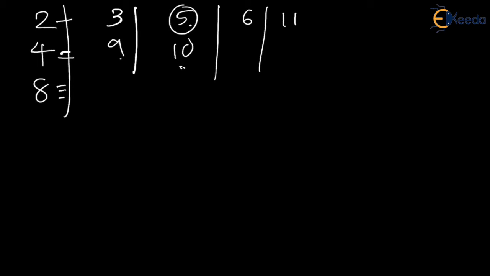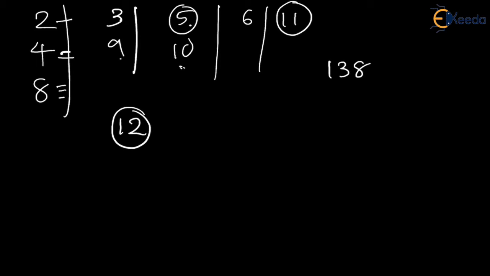Now we haven't discussed 7. Whenever 7 comes, you use your calculator and check it. Anyways, you will not get direct questions on this, but you have to know all the rules because they might ask you something which has a combination of these. Now try to understand if you go beyond 11. So if I ask you whether a particular number is divisible by 12 or not.